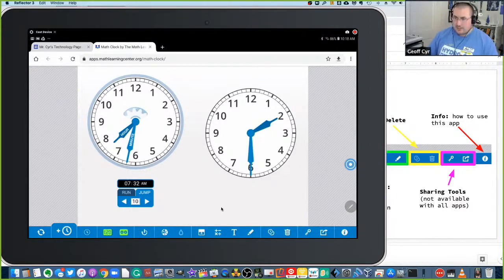The next function... Oh, that's the running time one. The next button. I got my buttons confused. There's so many buttons. This one allows you to set a start time. So let's make 7:30 here. And then when I press on the check mark,